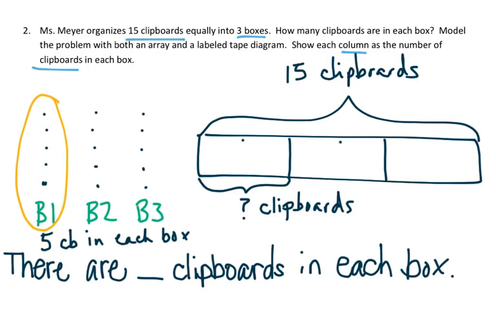So 1, 2, 3, 4, 5, 6, 7, 8, 9, 10, 11, 12, 13, 14, 15, and as you can see, there are 5 clipboards in each box. So that can go right in my target sentence. There are 5 clipboards in each box. Okay, so we're going to look at